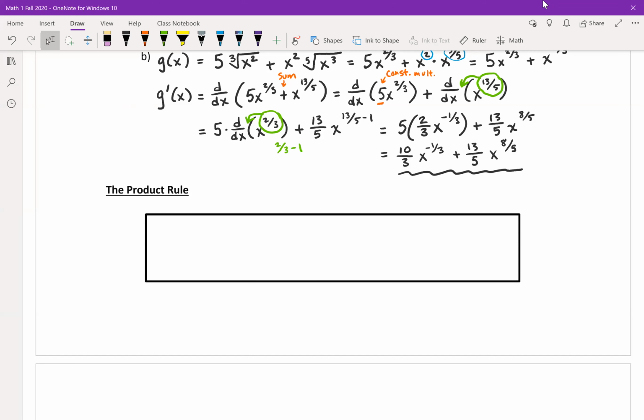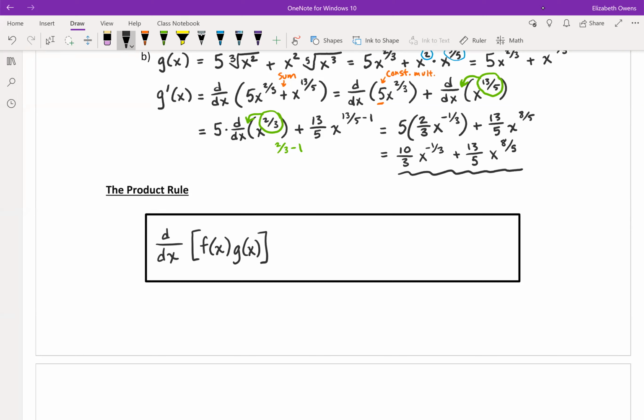Here is our next differentiation rule in section 3.3. This one is called the product rule. And here is the product rule statement. We are going to be taking the derivative of a product of two functions. So we've got two functions that are multiplied together, and we are taking the derivative of that combination there, that